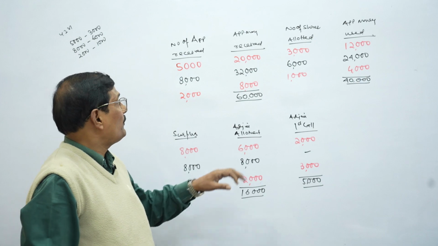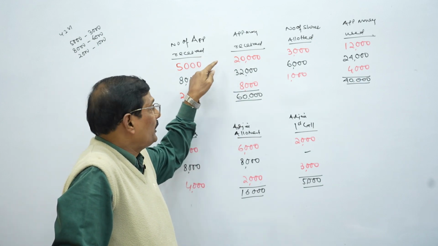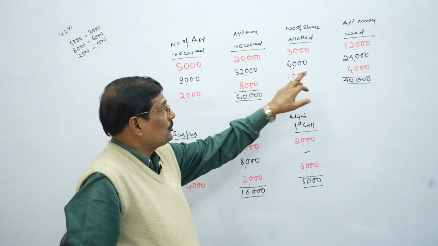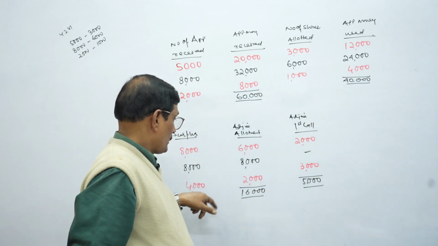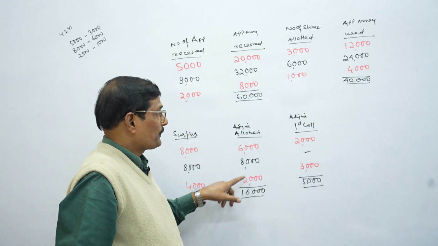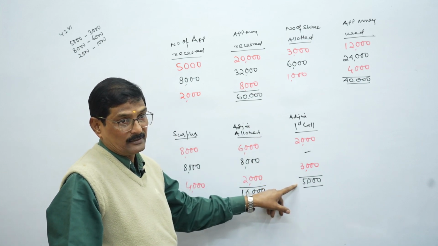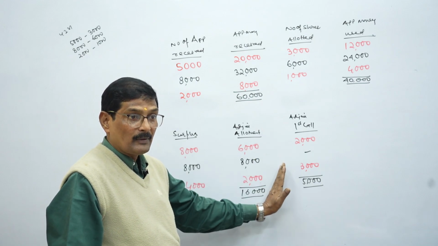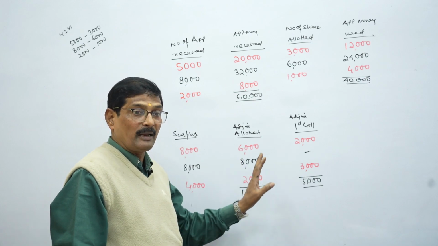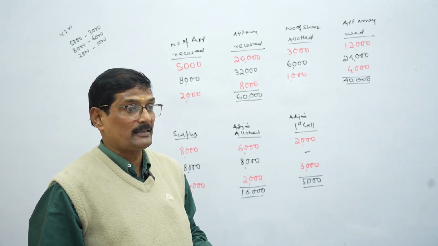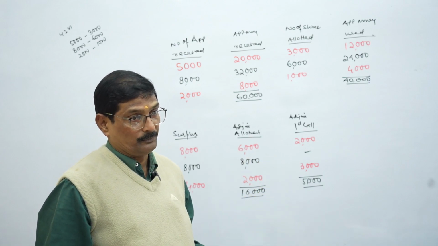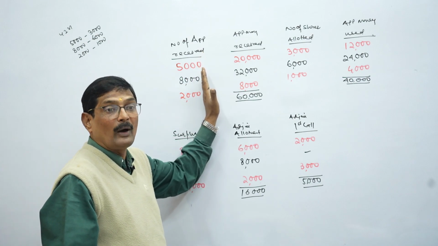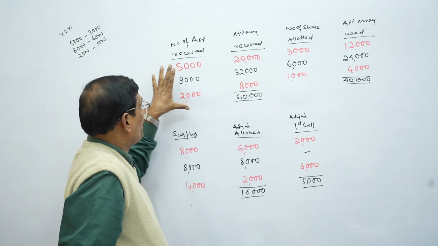So on receipt of money, we can write down bank account debited to share application account 60,000. Then share application account debit to share capital account 40,000. To share allotment account 16,000. You can write share first call, you can write calls in advance. If the question says to open calls in advance account, you can write it. Otherwise, you can write share first call, no issues. Sometimes in the question it may be given without opening calls in advance account. At that time, you have to use share first call account. Right. So mixing all the different categories in one group, don't do it. Right. So separately you have to work it out.